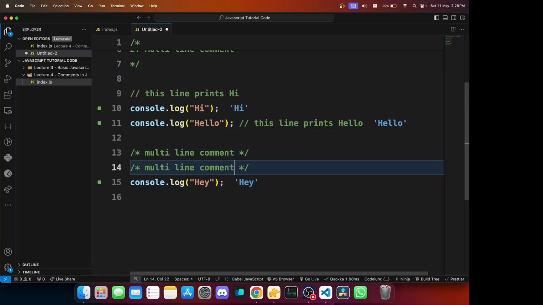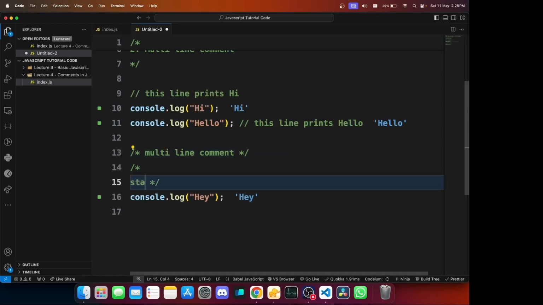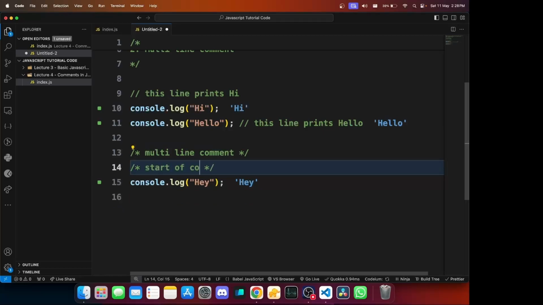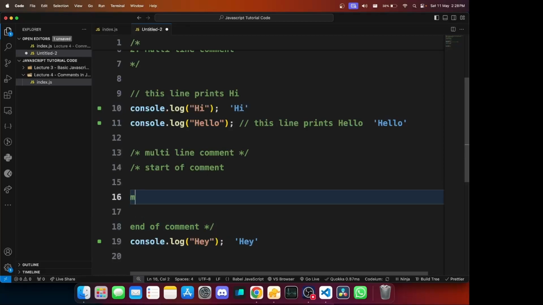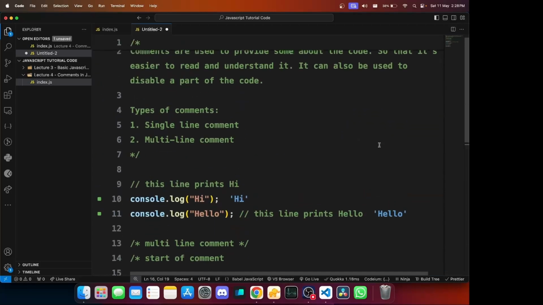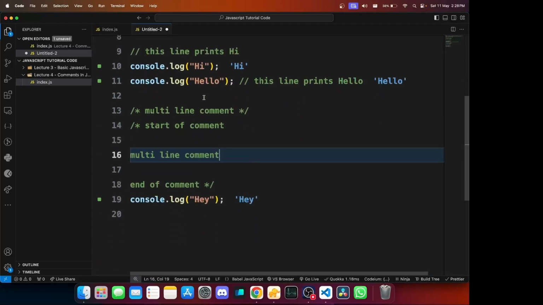So you can do something like this: start of comment, end of comment, and then in between you can just say multi-line comment. So you can see that is all possible. You are able to do this properly. And that's basically about it. This is how you can write multi-line comments.